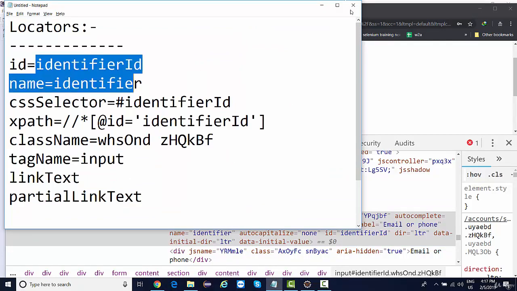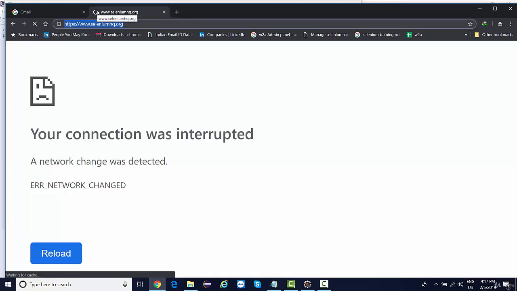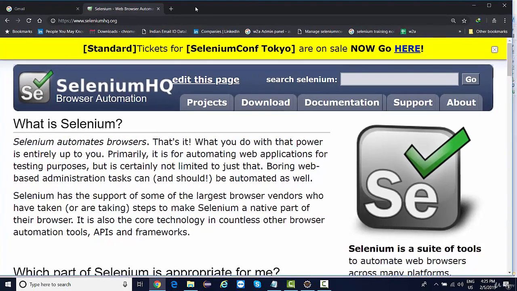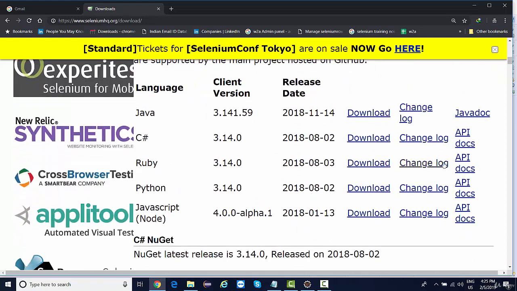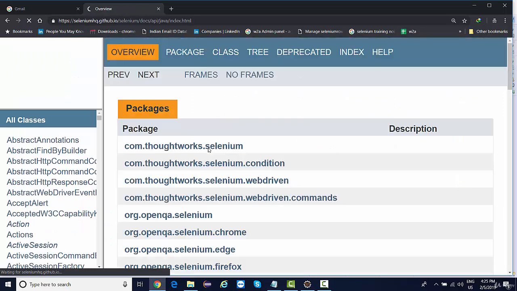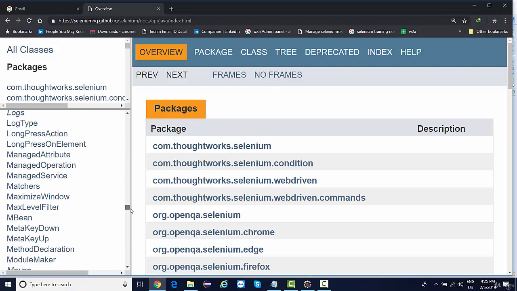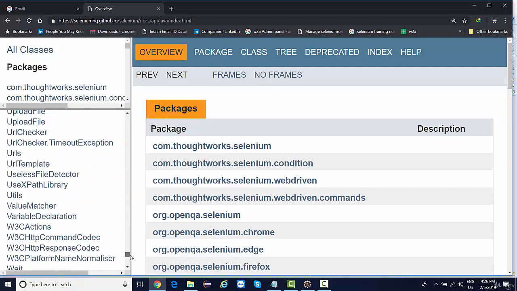Now, as I said, when we navigate to seleniumhq.org and look at the Java document, give me a moment. So on the main website of Selenium, if I go to download, and over here, if I navigate to the Java document, the very first point of contact should be your WebDriver interface. So if I go down and take you to the WebDriver interface,